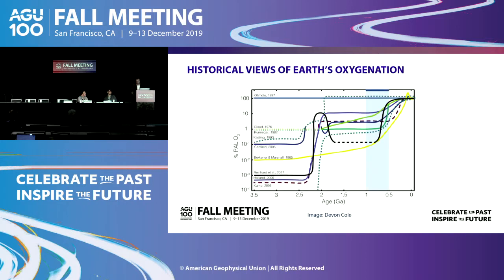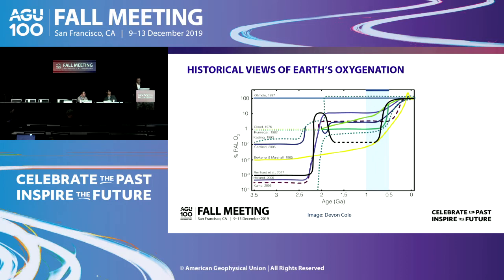So the general interest in the rise of atmospheric oxygen, or Earth's oxygenation, is driven by the fact that it's one of the foremost examples of how life has actually transformed our planet. With that idea, it's not surprising there's been a really long history of people trying to reconstruct how Earth's atmospheric oxygen levels have changed. And estimates historically are all over the place, right? This, I think, is illustrated in a figure that represents kind of a historical to contemporary view still. And you can tell it looks more like a bowl of spaghetti than anything that's a coherent message of how a key component of our atmosphere has changed through time.